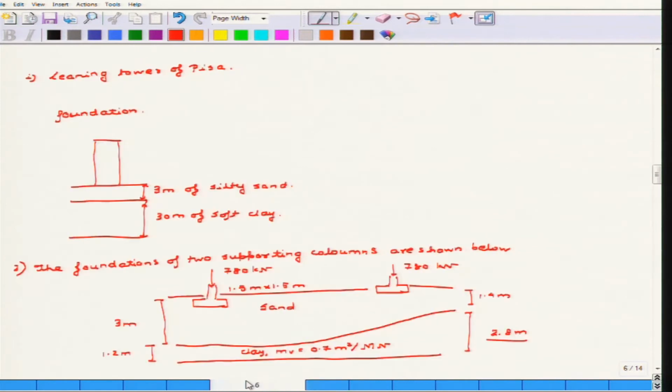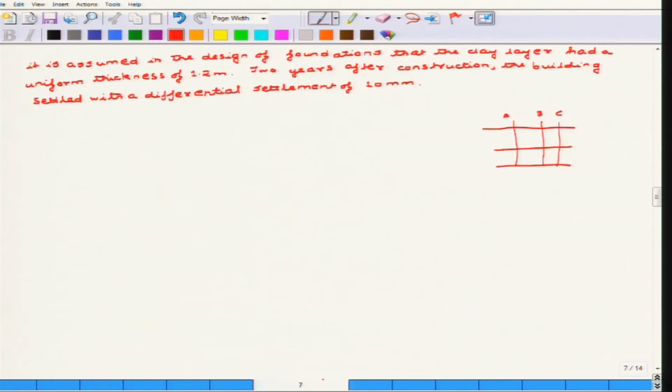So it's obvious from the soil profile that there would be a different settlement, because the clay layer is thicker here and less thick here. This differential settlement caused walls of the building to crack,